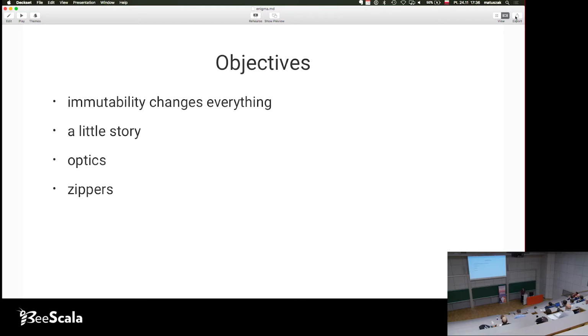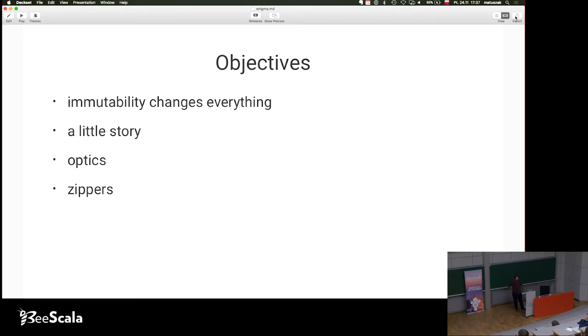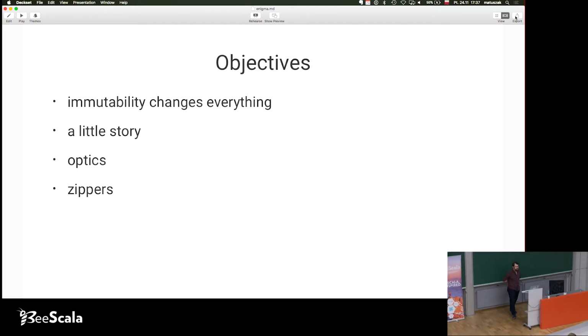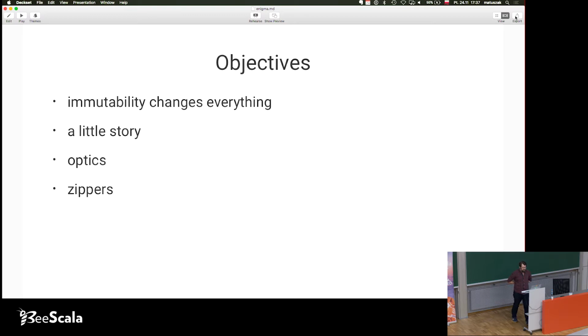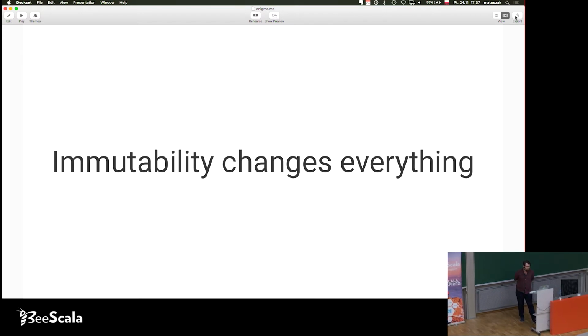So today, the plan is to talk about immutability. Then we will have some short introduction, a little story, because every presentation needs to have a story. We will talk about optics and zippers. And the first point, immutability changes everything, is first of all a really nice post, a paper and a presentation by